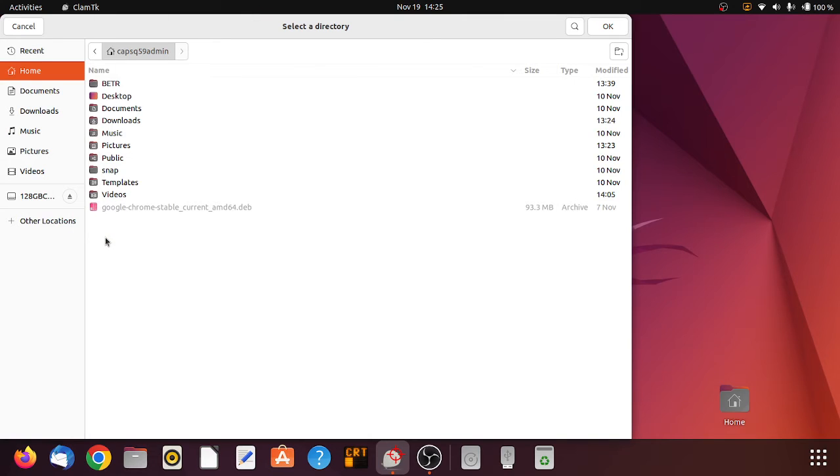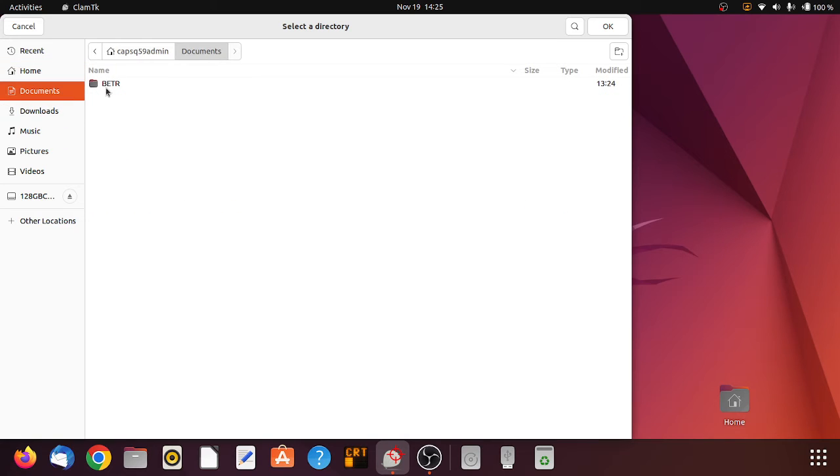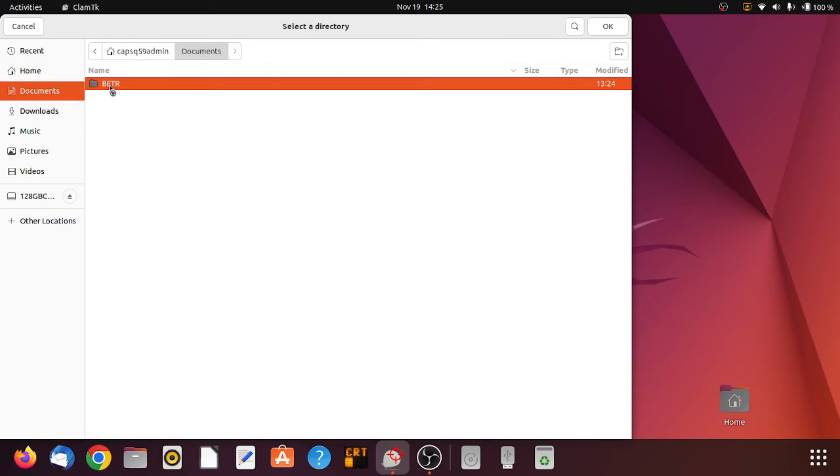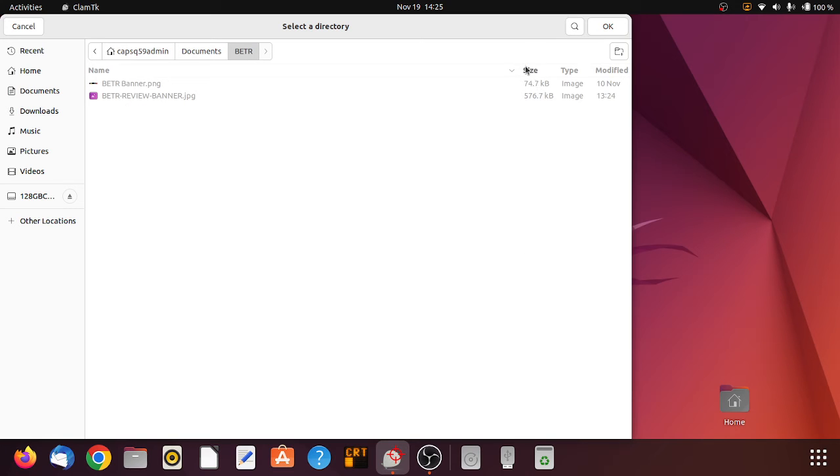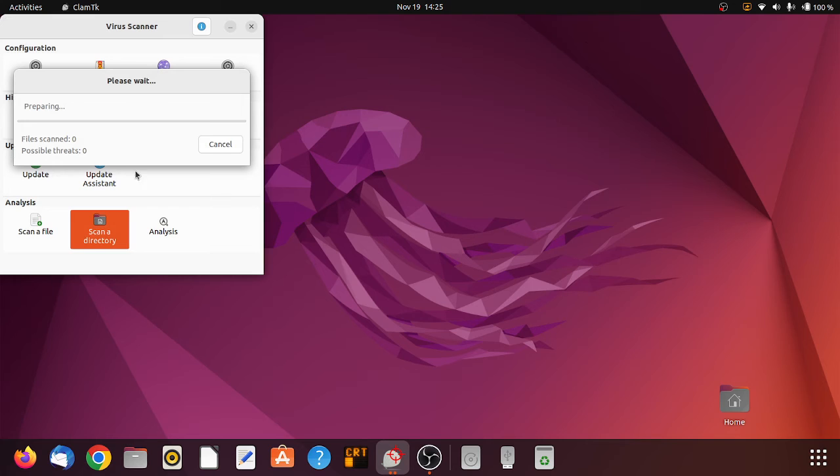If you want to scan a whole folder and see if there's anything untoward in there, you would do the same thing. Actually, you don't even need to double click the folder. Just select the folder and click OK. Yep. And we may get the same thing. Wait, wait, don't tell me. We will probably get the same thing, but